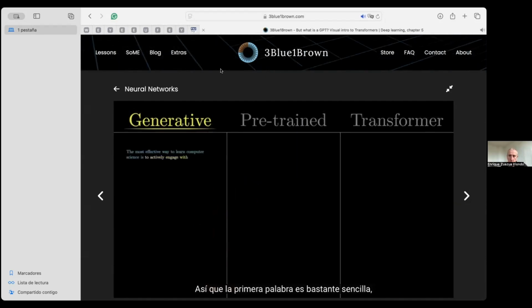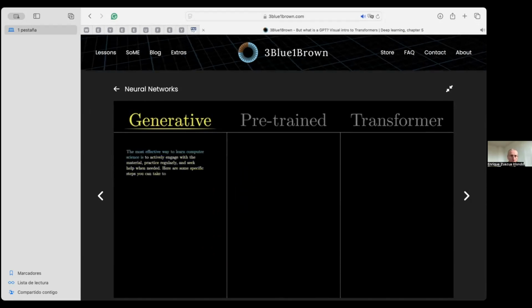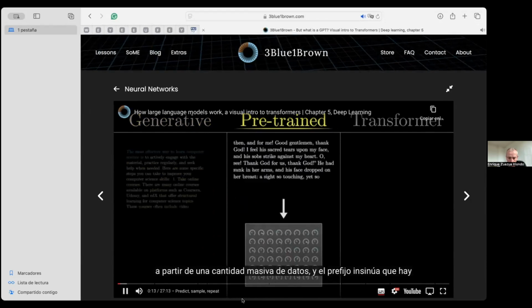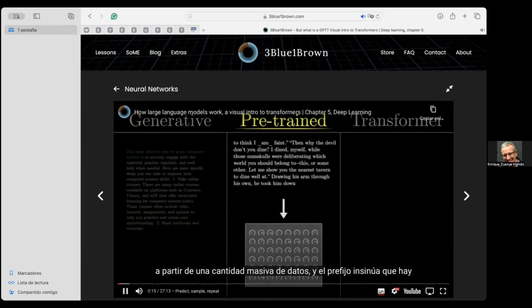The first word is straightforward enough. These are bots that generate new text. Pre-trained refers to how the model went through a process of learning from a massive amount of data, and the pre